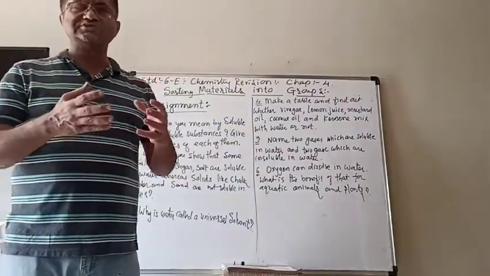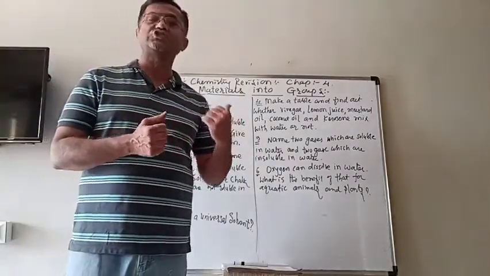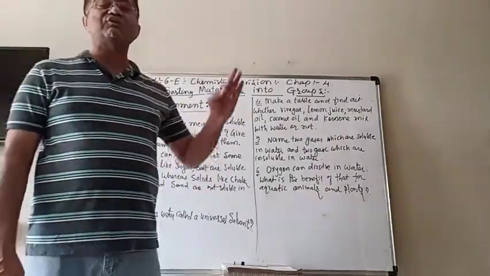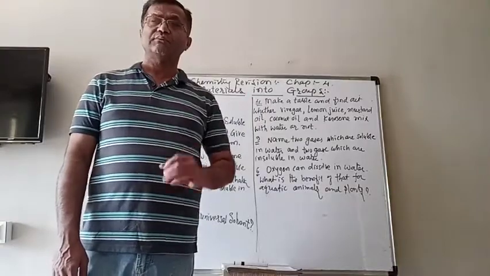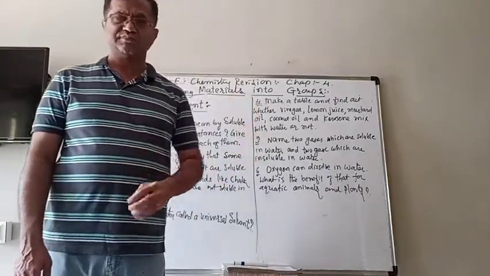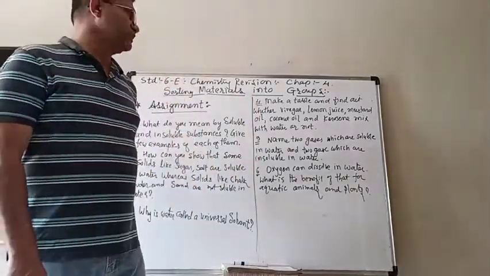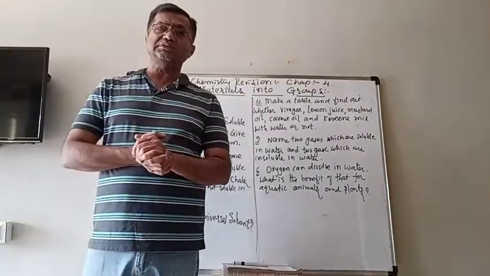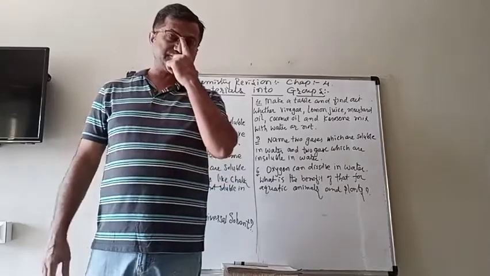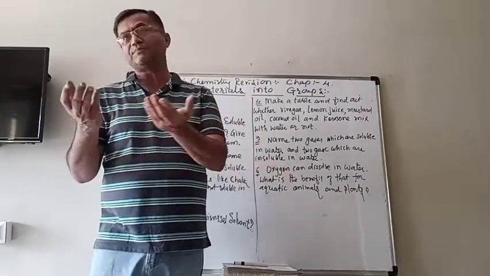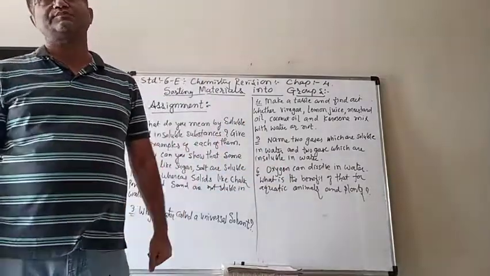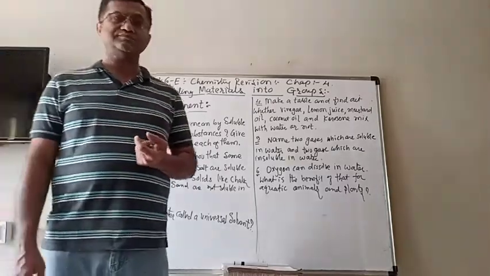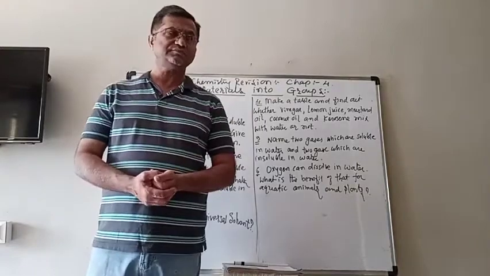So, because water is dissolving so many substances, it is known as a universal solvent, because most of the chemicals are getting dissolved in water. Now we talked about the solid objects that are soluble in water or insoluble in water. Do the liquids also get dissolved in water? How can we say that?